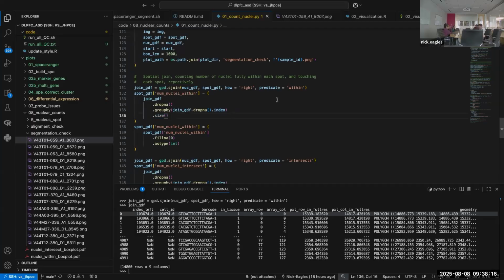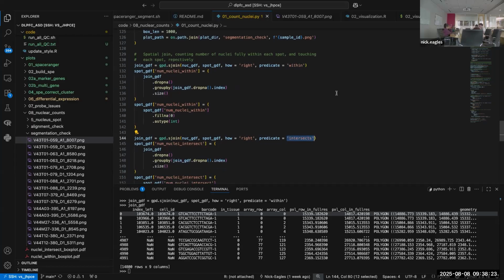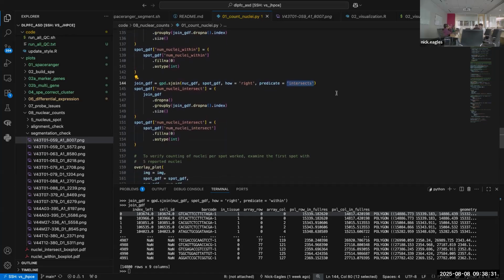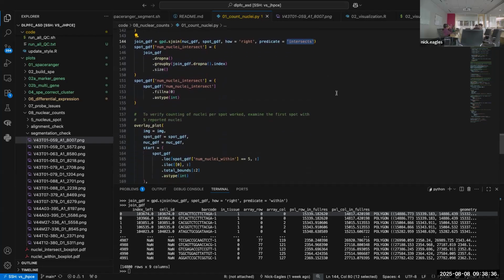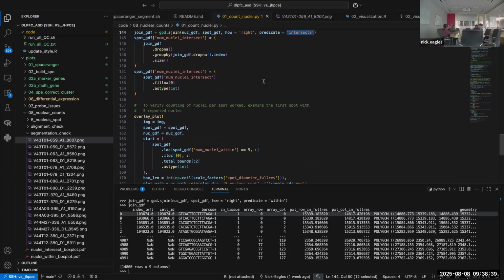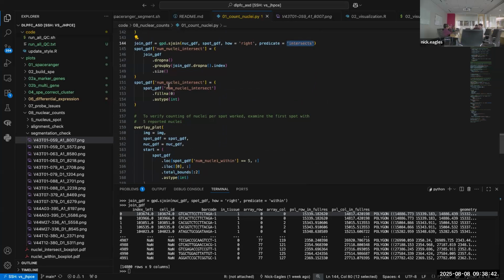And then you can do that with different predicates. So you can say how many nuclei are within the spot, how many intersect. I'll probably work on this and do things with spot centroids and stuff, since that's really built into GeoPandas. But once you do this spatial join, count the nuclei, and add it to the spot data frame, then you can